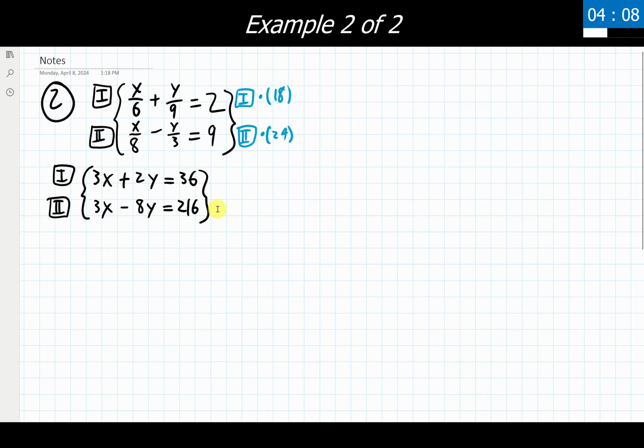And now, from here, I notice that all of my fractions are gone. This is a much nicer system of equations to work with, and it's much easier for us to do our second, third, fourth, and fifth steps from here. So looking at our second step, we're told to multiply one or both equations by a constant, so we get additive inverses for one of these variable coefficients. One's a positive and one's a negative.